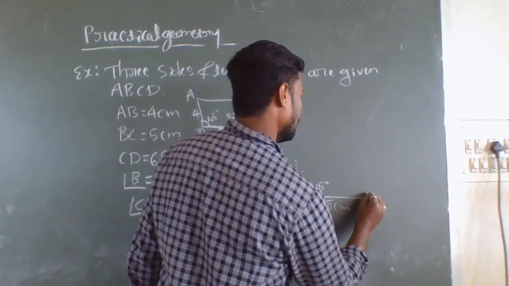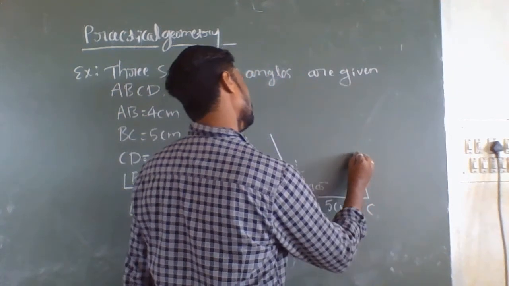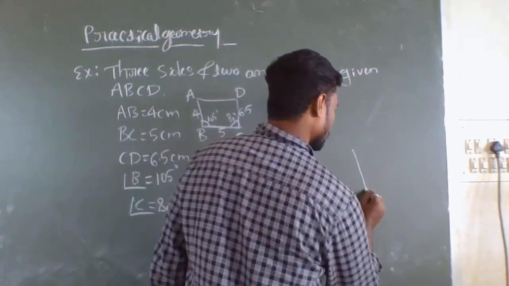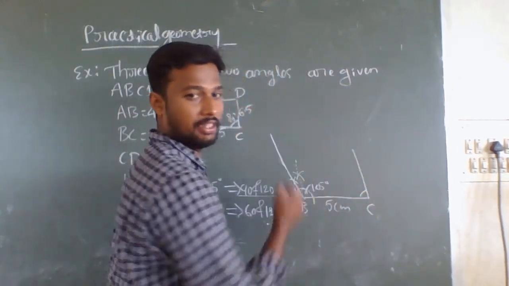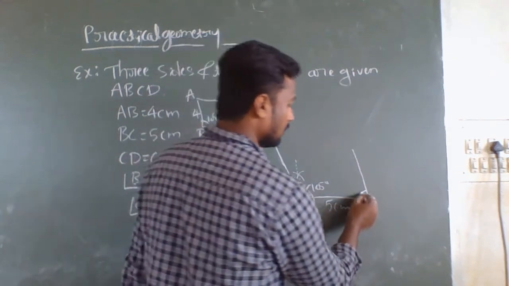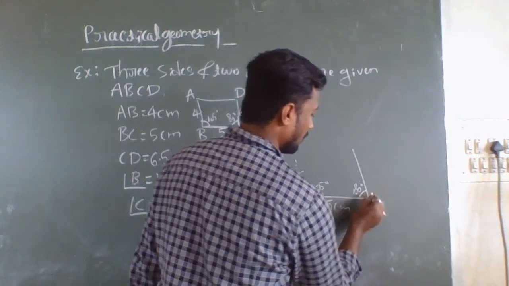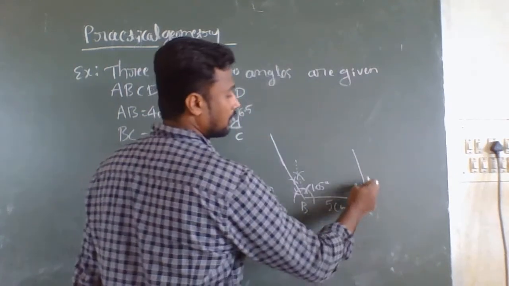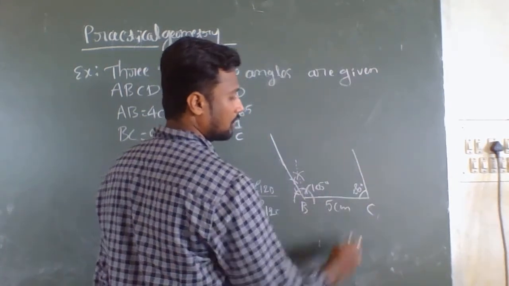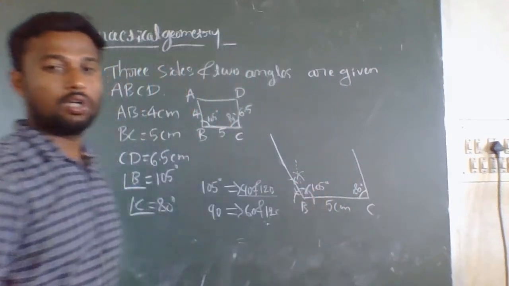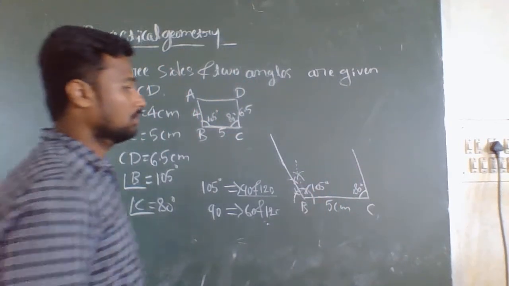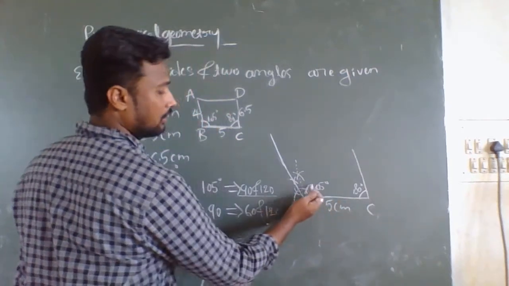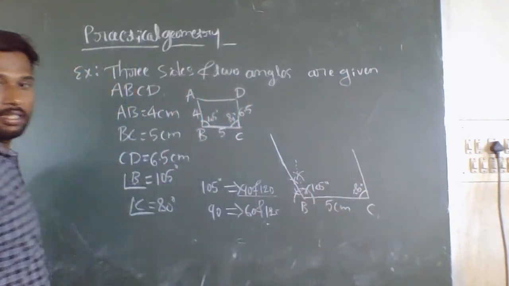So here I will consider this as 80 degree. If it is a straight line from point C, that is 90 degree. So here I consider this as 80 degree, slightly deviated from the straight line. It is not vertical to point C. So here I got point B, point C, this is 105 degree, this is 80 degree, and now